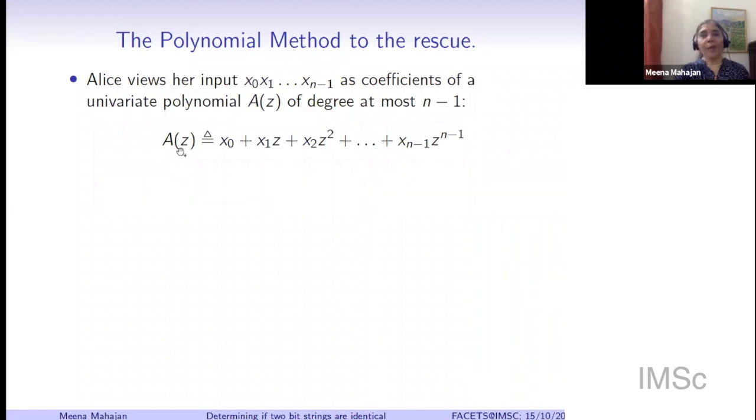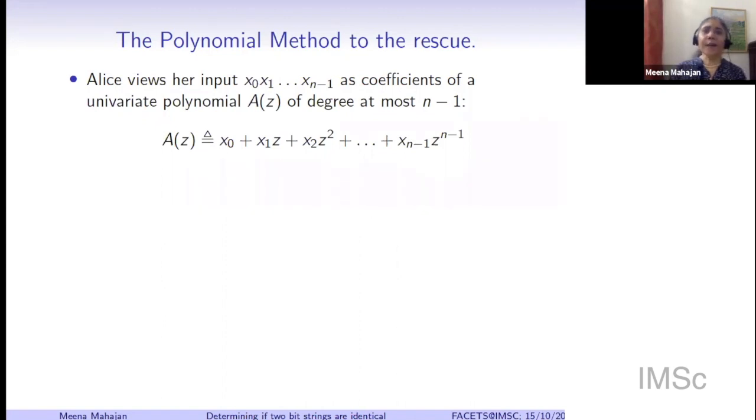So it's a polynomial in the single variable z, and its coefficients are these x0, x1, x2. So all the coefficients are 0 or 1. There are no other coefficients. Okay? So every bit string you can think of as a polynomial like this. It's a polynomial with 0, 1 coefficients. Degree is at most n minus 1. Degree could be even less than n minus 1. For instance, if xn minus 1 is 0, then that degree n minus 1 term is not there.